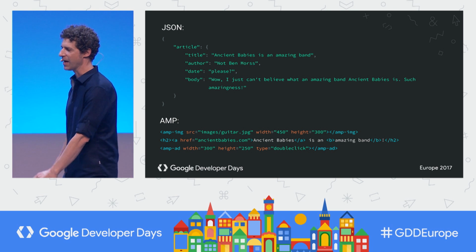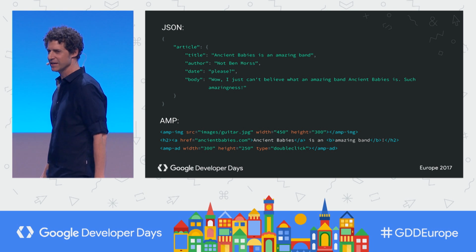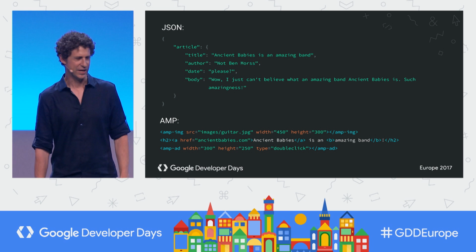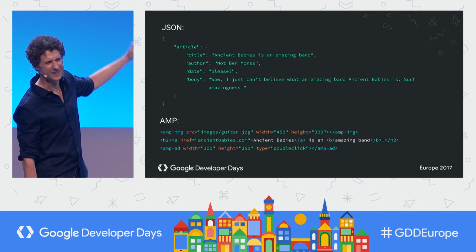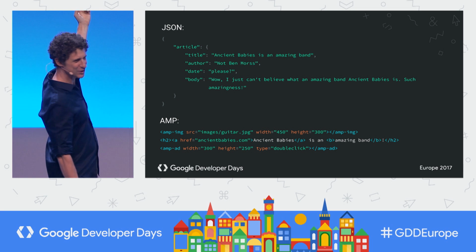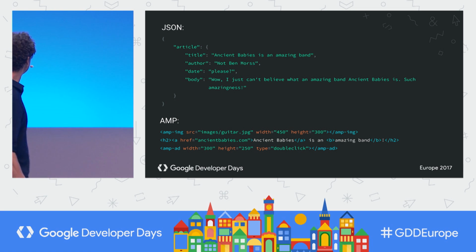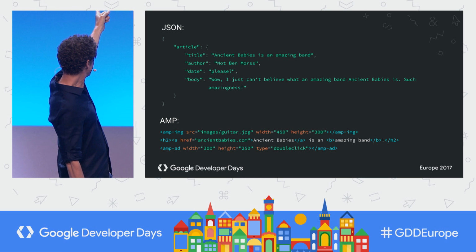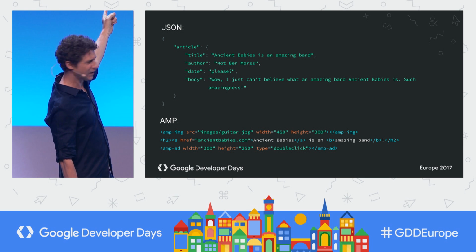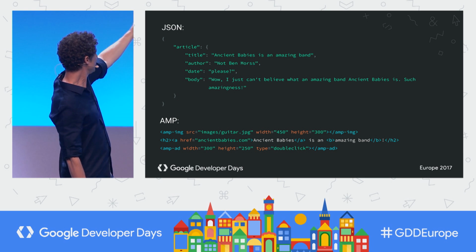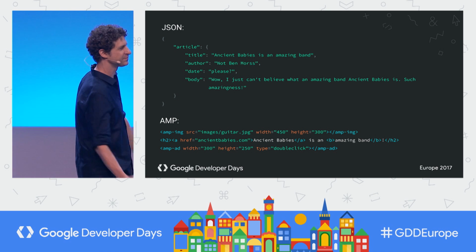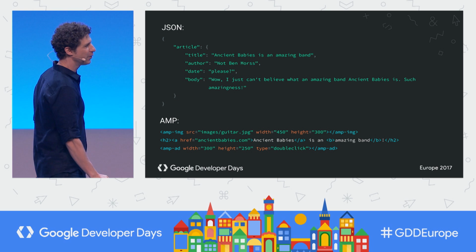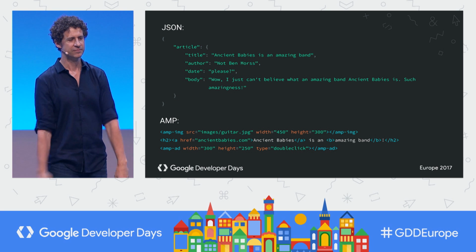So what I mean by that, here's a typical example. Let's say you have this article in your web app that you're making over here, and there's some Bianco ancient babies I've heard of that apparently aren't very good, and you have an article about that, usual data sources, data, whatever. Here's how it might look on the bottom over here. Maybe you have an image of a guitar, maybe you've got an H2, a link, maybe you've got an ad in there. This is like data. So you can pull this in to your web app,